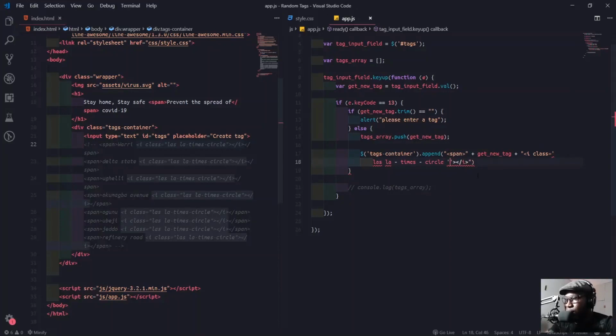What did it do? I just cut this one at first, Ctrl X. Span.